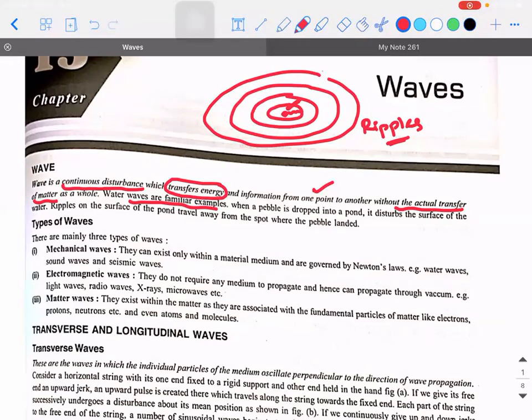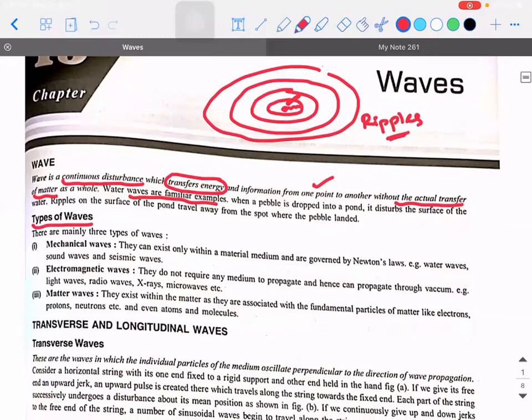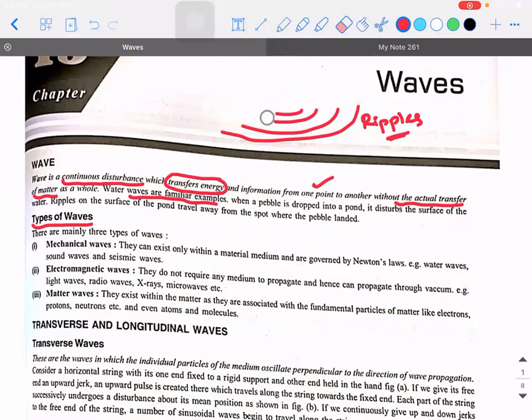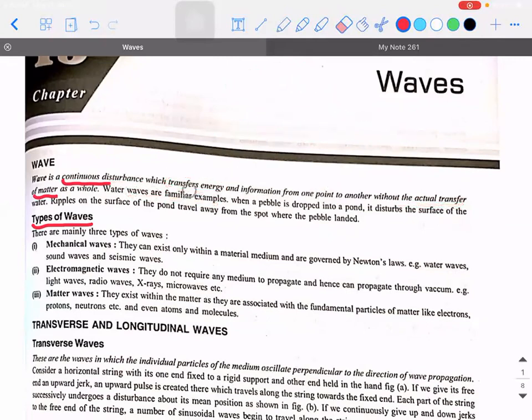Now the next question is, what are the types of waves that we know? Okay. So let's see, what are the types of waves that we know? So when you talk about the types, there should be some classification. Types is nothing but classification, right? So whenever a classification is happening, there should be a differentiating factor. So on basis of something only a classification can happen.